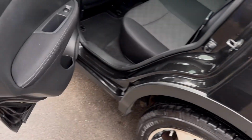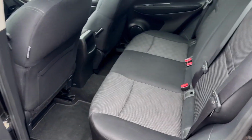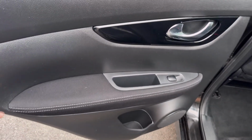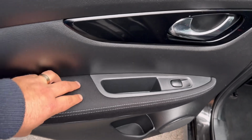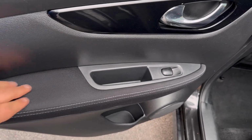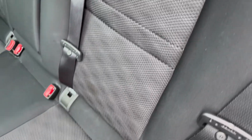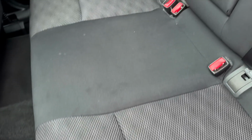Right, let's move over to the rear. So moving over to the rear, you've got absolutely loads and loads of leg room for the rear passengers. The rear doors are pretty much the same. Again, very soft touch material just on the armrest here, which is very nice. And again, just to show you the condition of the seats, which are absolutely lovely,